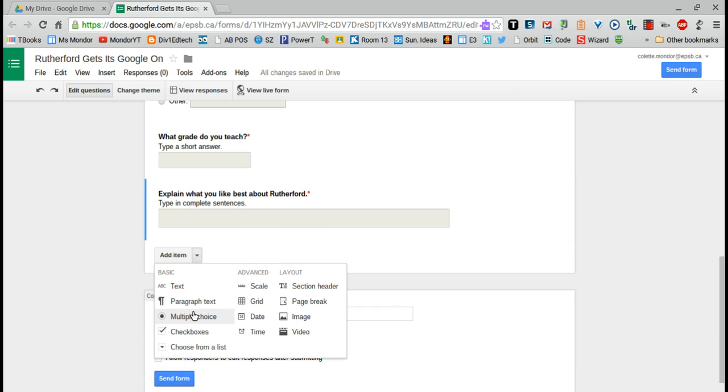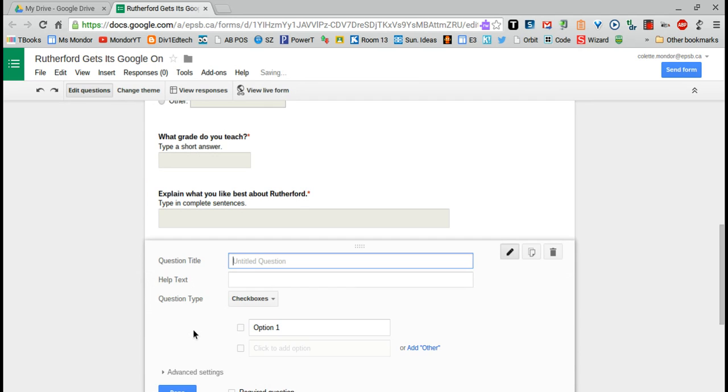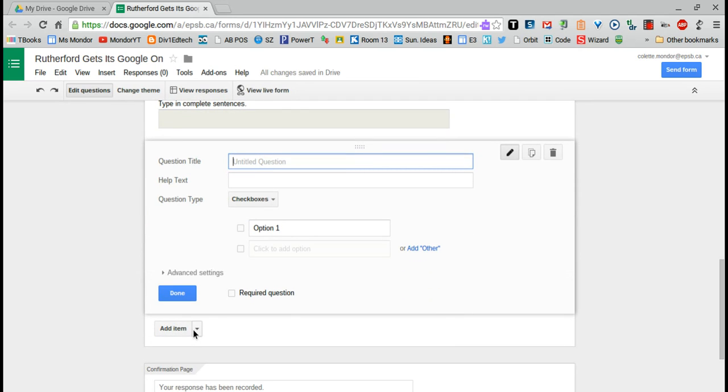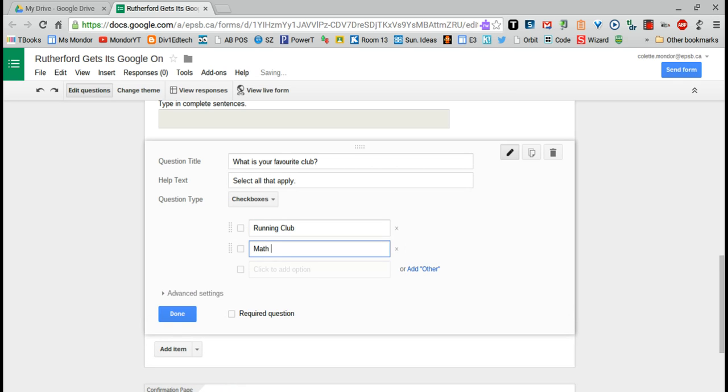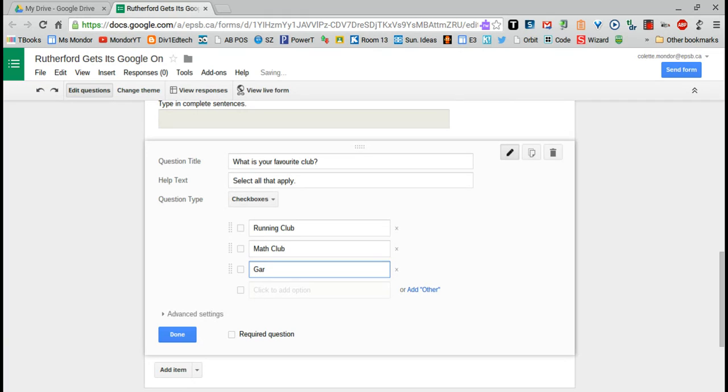Next, I'm going to skip over multiple choice since I've reviewed that with you already and go to checkboxes. Checkboxes allow you to select more than one correct answer. So I usually like to give the hint select, and you'll notice spell check is handy in here, all that apply. Okay, so running club, math club, gardening club,